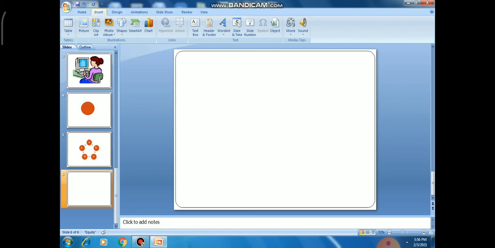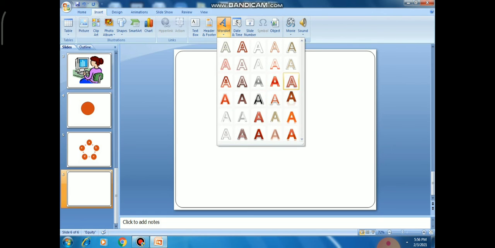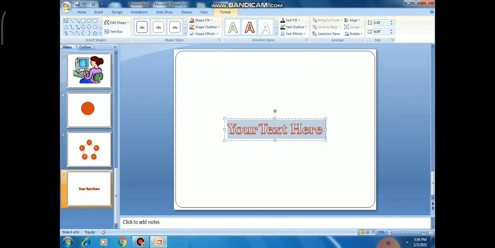Now I want to use word art in MS PowerPoint. To use word art, I am clicking on word art and choosing the word art as per my requirements, like this. And here I am typing hello, this is our practical session.